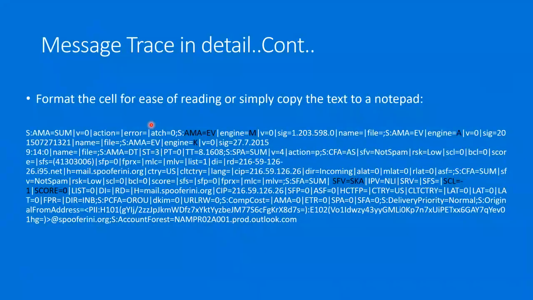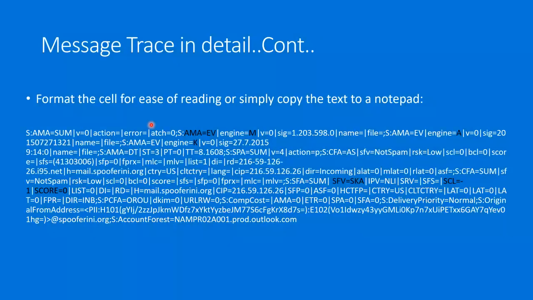Now you can see here we have EV, which stands for engine, the engine M, the engine A, which is highlighted here, engine K. These are the malware engines which we were discussing earlier. We normally rely on three malware engines. If any of these engines identifies the specific email as malicious, it will be treated as malicious or malware. And depending upon the malware action that has been specified in Exchange Online Protection, it will take action either to quarantine or to delete that particular email. The other thing that we'll be looking into is